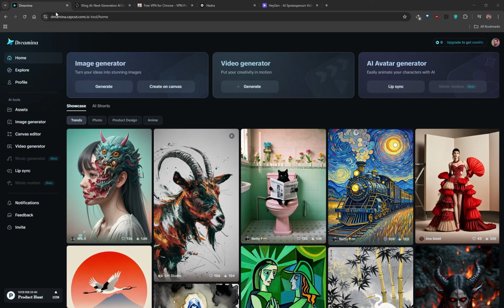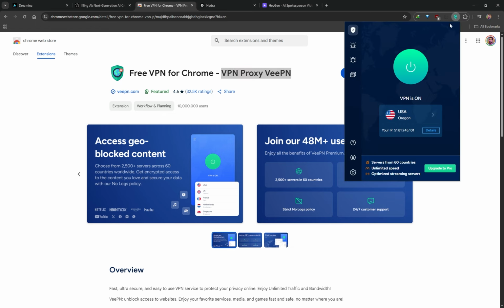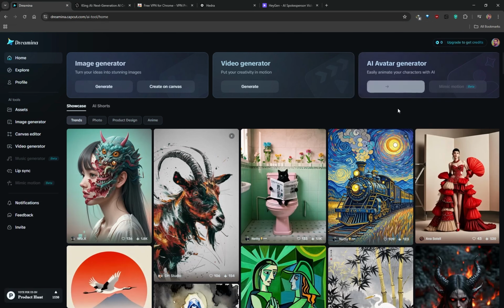If you go to this website, the link is in the description, and these options are grayed out for you, there is a way to activate this. You will need to use a VPN. So if you're using Chrome, there's a VPN called VPN Proxy, and if you install that, it'll be installed in your browser, and you just need to connect to the United States. Right, and then just click on that button, and then when you refresh the website, you should be able to